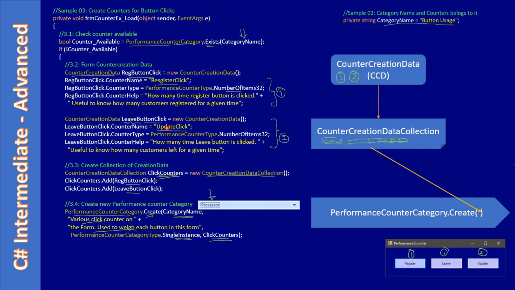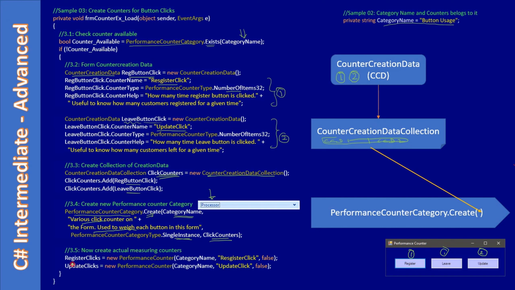Now we have to create the counters as well. For that, we already have register click declared at a class level, right? Now we are making use of that register click, and here we are creating the actual performance counter. So this is the object to create the performance counter, and we will do all the linkage here. This is the category name. Category we already created here. So we give the category name, and we are linking that category with the actual counter. Here if you see register click, update click name is there. Based on that we